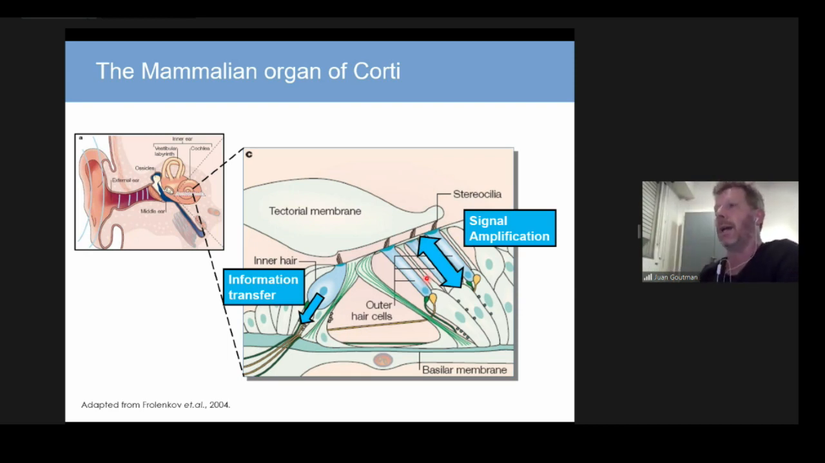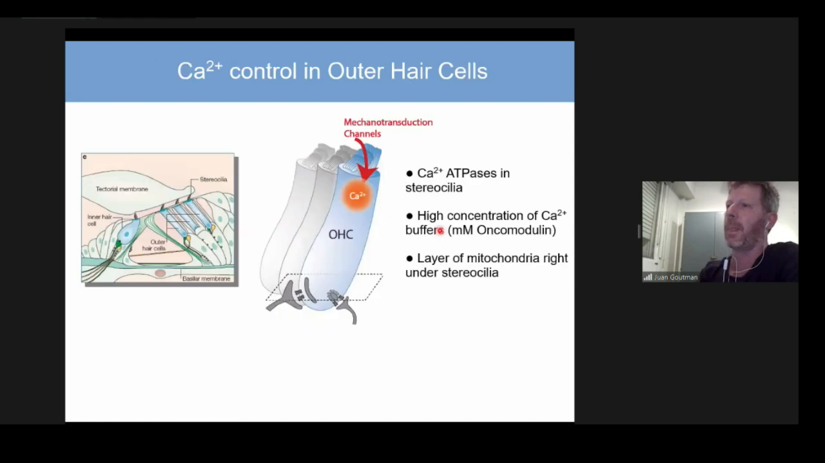Today I will talk about outer hair cells and calcium, as I mentioned before. The main calcium source in these cells is actually the mechanotransduction channel. These channels are at the tip of these stereocilia. Only some of the stereocilia have channels in their tips. And when the stereocilia move back and forth, these channels open. Cations,